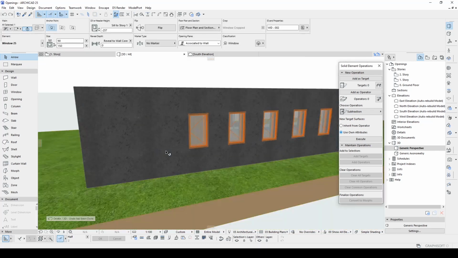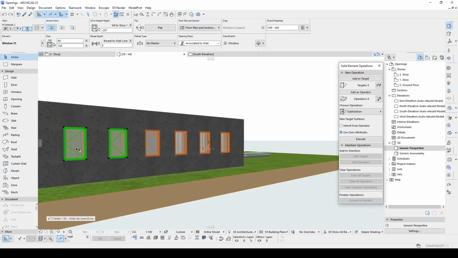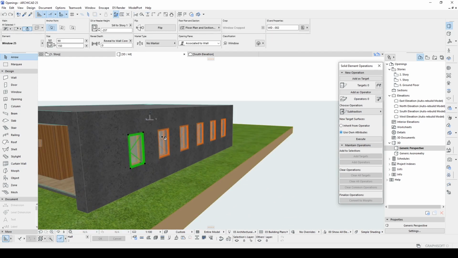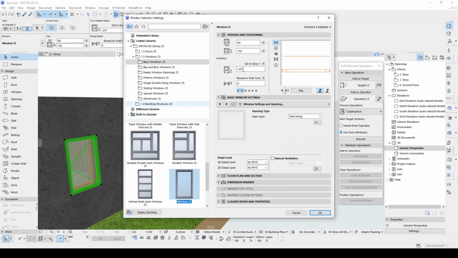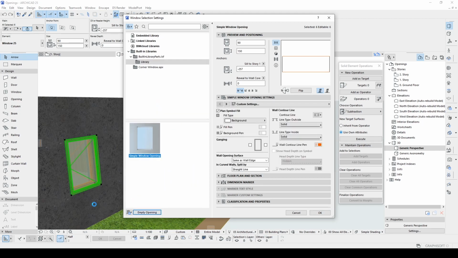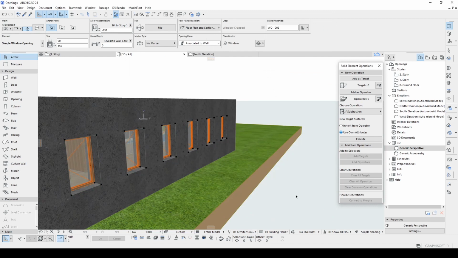The way is very clear, which is by selecting Windows, and in the settings, here we have a magical icon, empty opening. Let's click that, and now we have openings with the same dimensions as our windows.